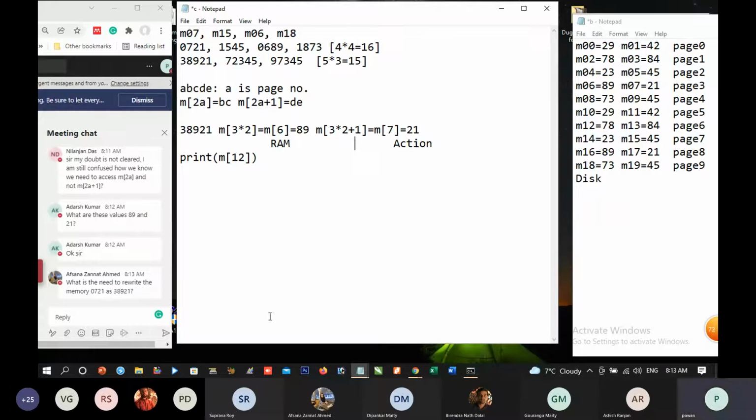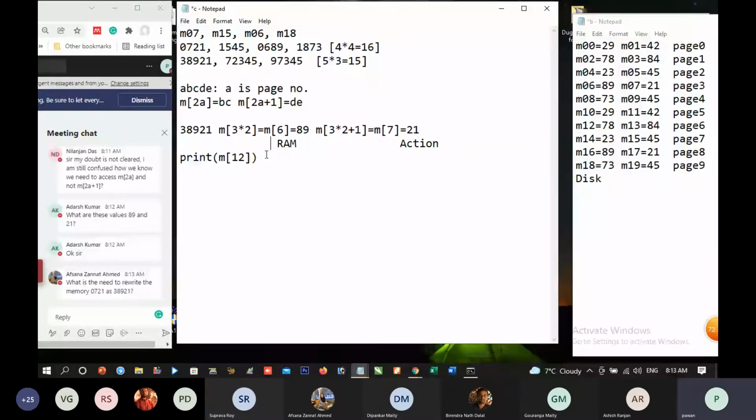Okay, let us see this. These things will become clear to you. Suppose a program is under execution and it wants to print the value of M12. What action will be done? M12 means page 6.